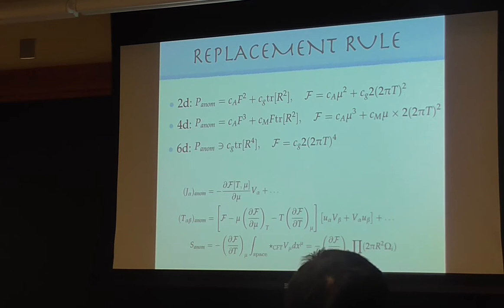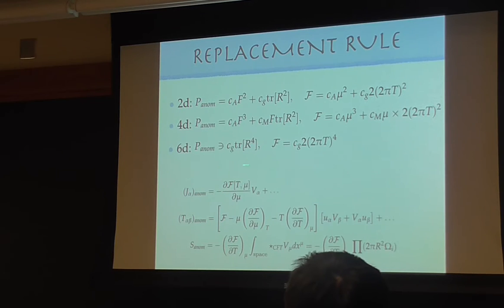The fact that you can't go the other way, would you consider that an open problem? I'm just saying that the leading part doesn't distinguish. Actually, I'm not sure whether the sub-leading term in parity odd will distinguish. So the leading one somehow doesn't know. You only need to know which combination you have. And I can also have a mixture with F's, right? Yes, F squared trace R squared, trace R to the 4, F squared squared.